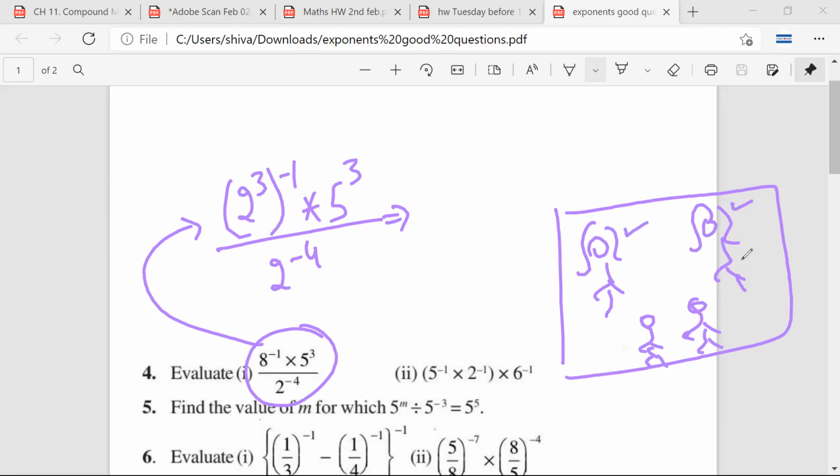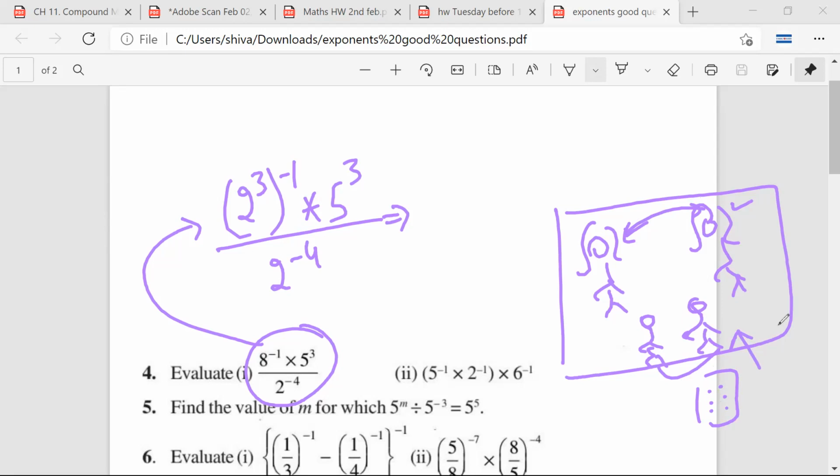So this question you can also do like 2 raised to 4 into 5 raised to 3 upon 8 raised to 1. So Aishwarya ji, what I'm trying to tell you is, in the park there are, let us assume, 4 people. Now these two want to play, but these two want to just check their mobiles. Can you force them to play? No, you can't force them.